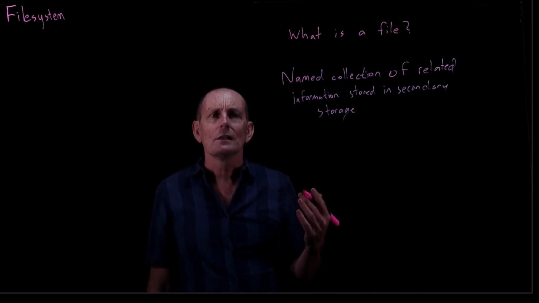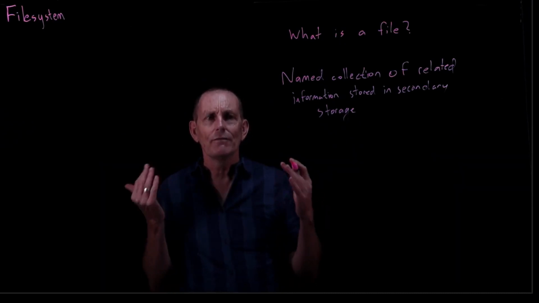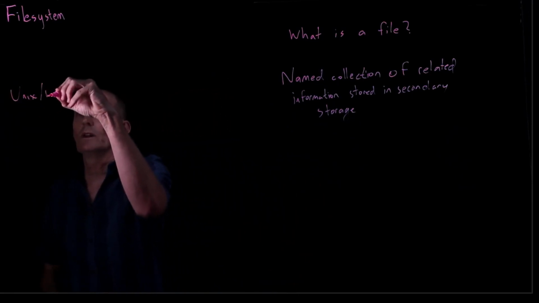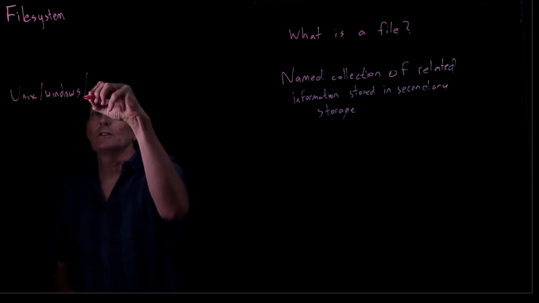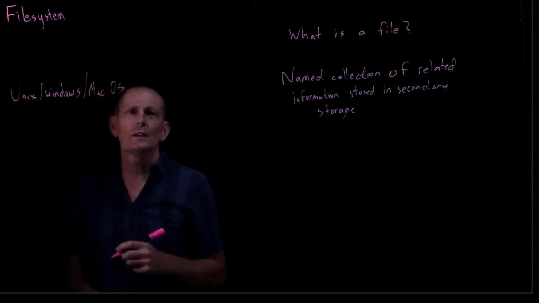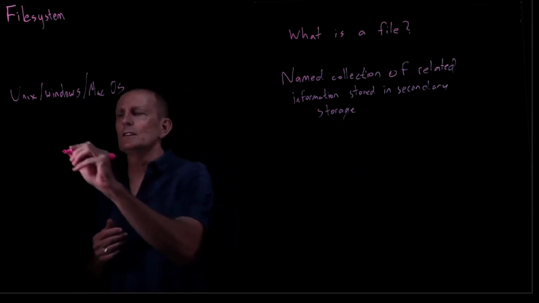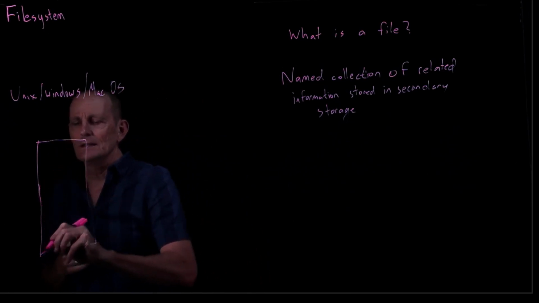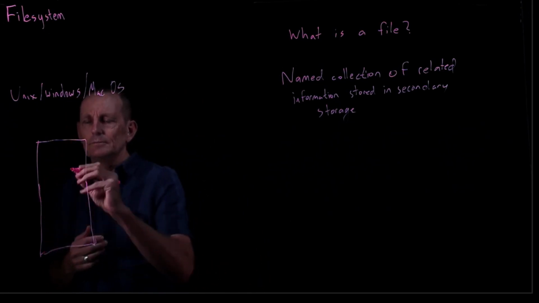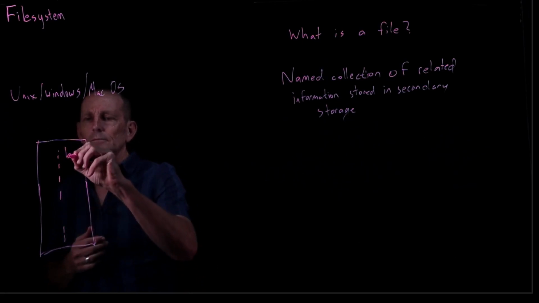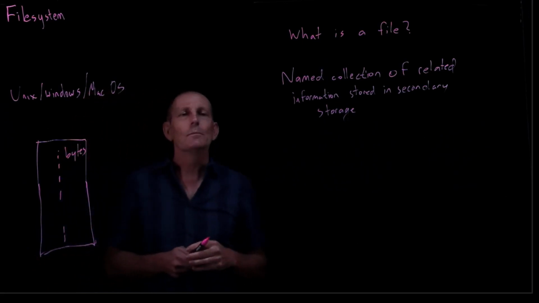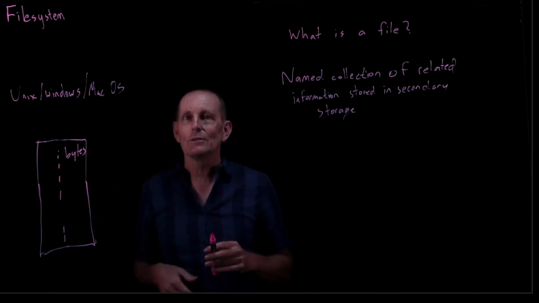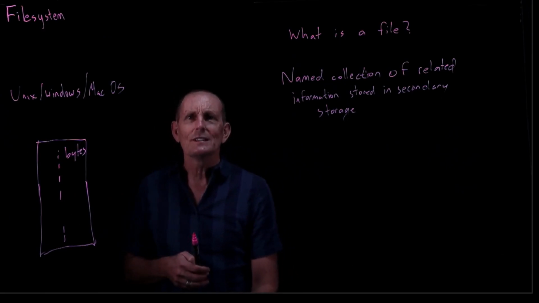The Unix and Windows model is one where a file is just a collection of bytes. So this is Unix, Windows, and I'll say also current Mac OS. In this case, the file is just a single collection, and when I say collection, I really mean sequence of bytes. So a binary, like an ELF file, is a sequence of bytes. A text file is a sequence of bytes. This is not always the case.